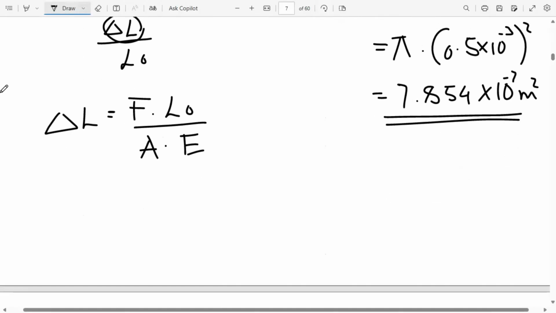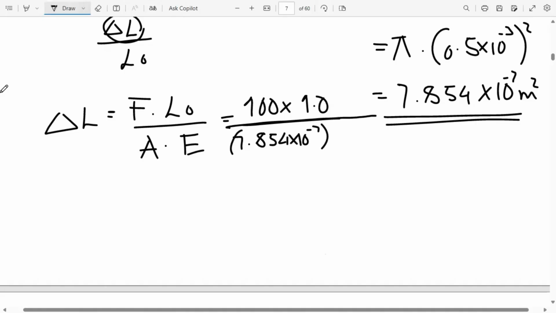So let's plug in what we've been given. We have a force of 100 multiplied by the initial length of 1.0 meters, divided by the cross-sectional area that we've calculated, which is 7.854 times 10 to the power minus 7, multiplied by the Young's modulus, which is 1.1 times 10 to the power 11. Okay, so I'll plug this into my calculator, and I'm getting my change in length as equal to